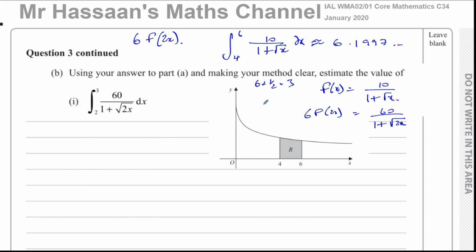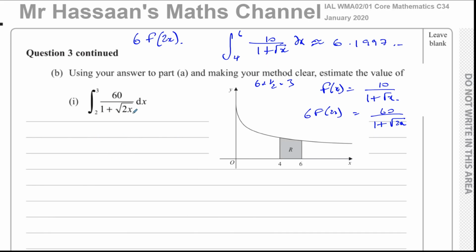Okay, so if you halve the base and you make the height 6 times as big, then you will change the area by a factor of 3, so it's 3 times the area, which is quite an easy way of thinking about it. But if you're thinking about this in terms of